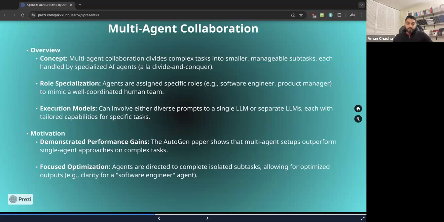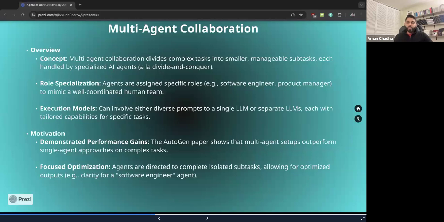In terms of the execution model, we can involve either diverse prompts to a single LLM, or we could have separate LLMs as well, tailored for specific tasks. To give you a concrete example, if we know that a particular LLM is great at writing code and coming up with individual functions, that could be an entry-level software engineer, right?